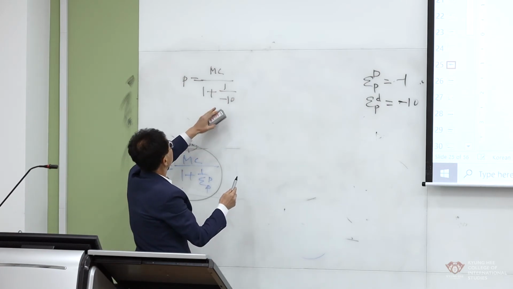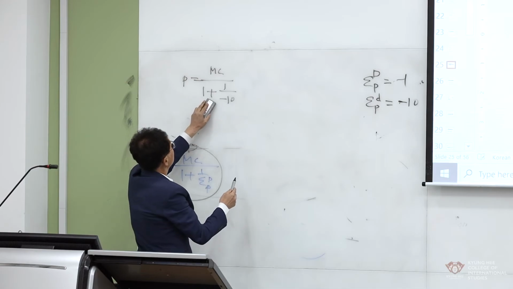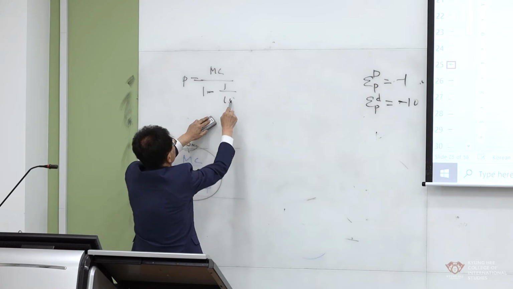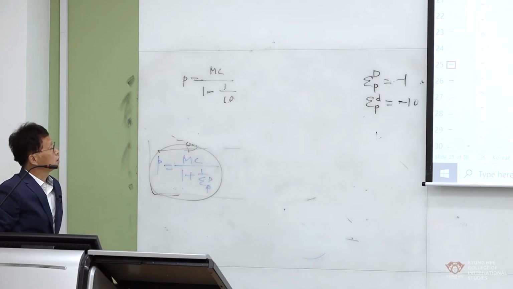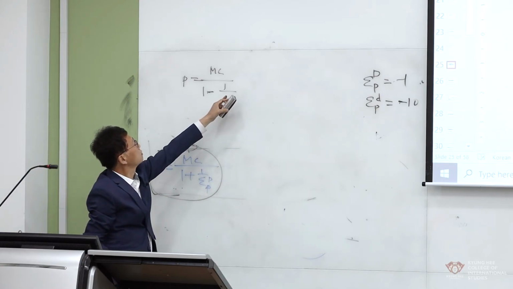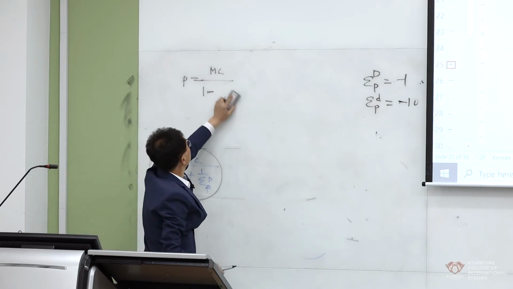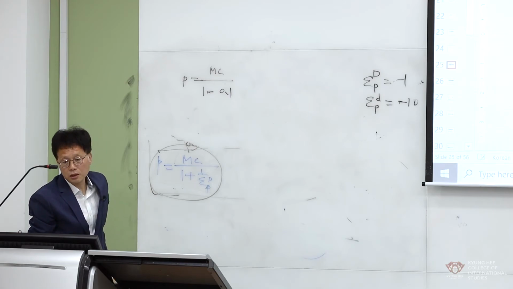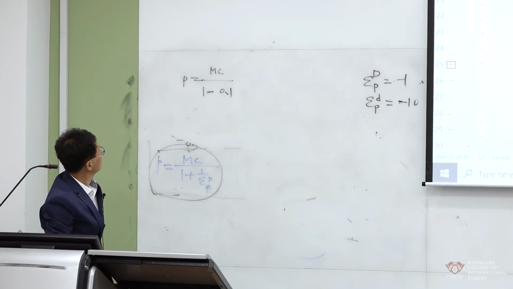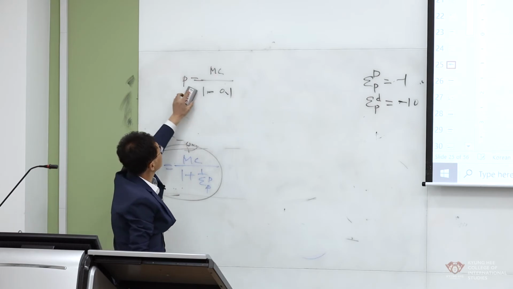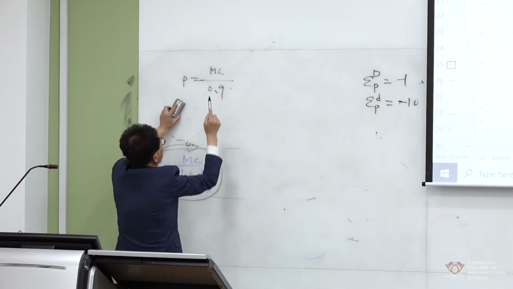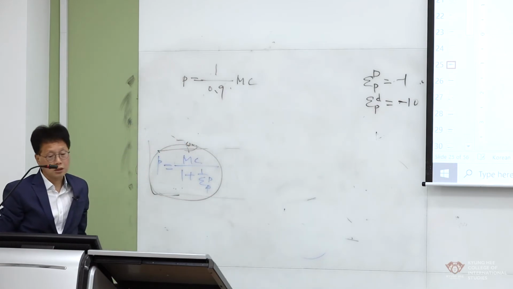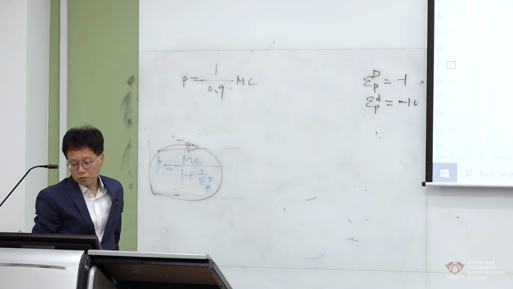The minus sign, moving, transfer to here. Then just this one left. Okay? So 1 minus 1 over 10 is 0.1, isn't it? Right? Then 1 minus 0.1 is 0.9. This one is 1 MC. Okay? 1 divided by 0.9 means